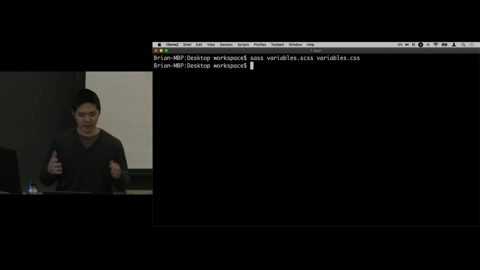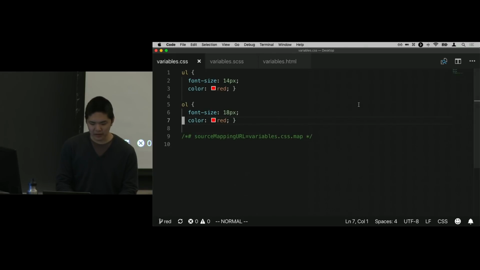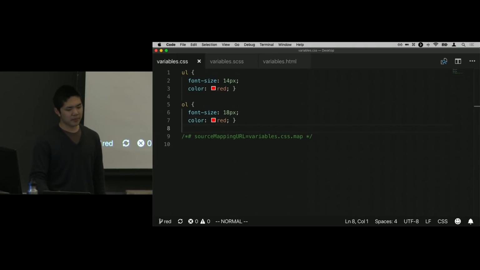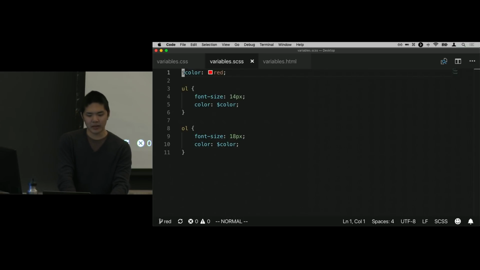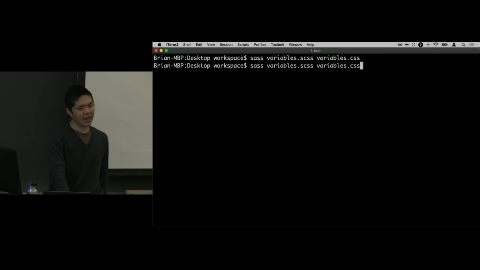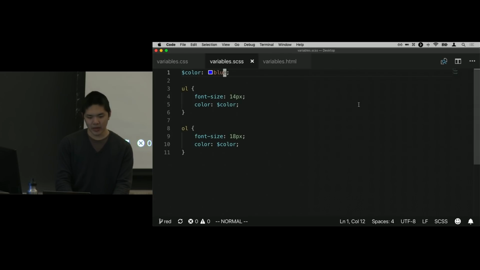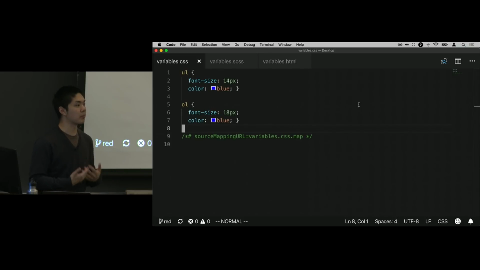So I press return. Nothing seems to happen. But if I look at variables.css now, it looks a little bit different, but the general thinking is the same thing. I've generated this CSS file, whereby it's plugged in the color red into both unordered lists and ordered lists. And if I go into the SCSS file now and change it, go from red to blue, and then I rerun Sass, say recompile the .scss file into a .css file, then when I go back to variables.css, OK, both colors are now blue. It keeps generating the new CSS file based on whatever it is that I've included in the Sass file. It's making that